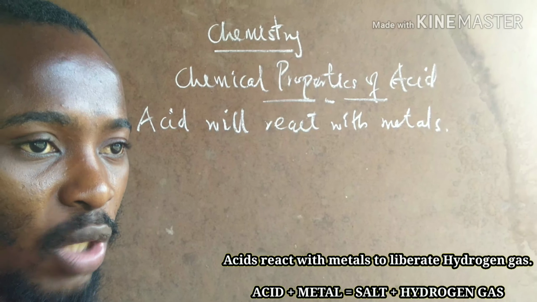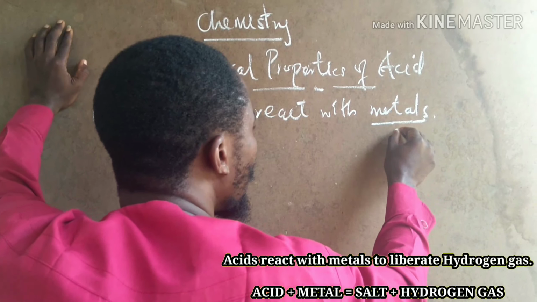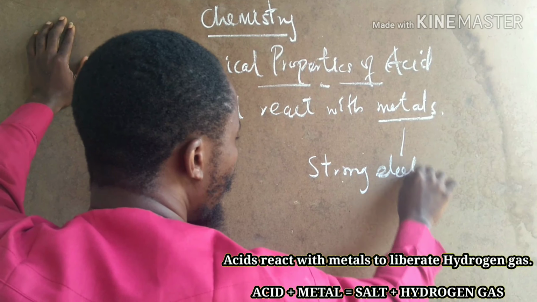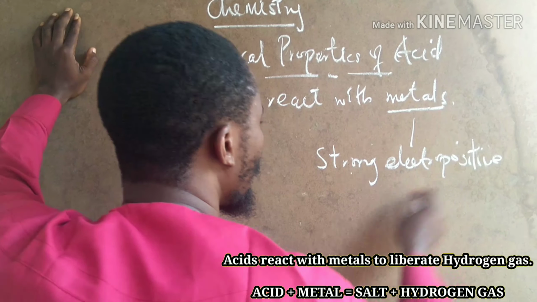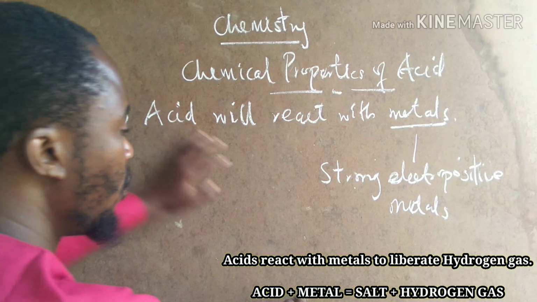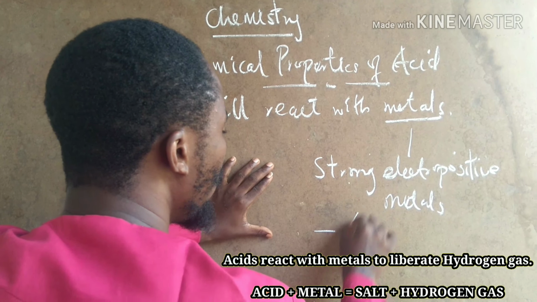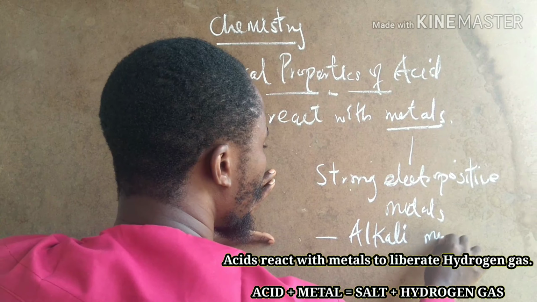Are you getting me now? Which type of metal are we talking about? We're talking about strong electropositive metals. Strong electropositive metals. I hope you're following me. And this invariably, we're talking about the what? Alkali metals